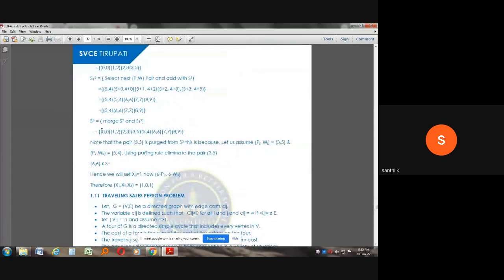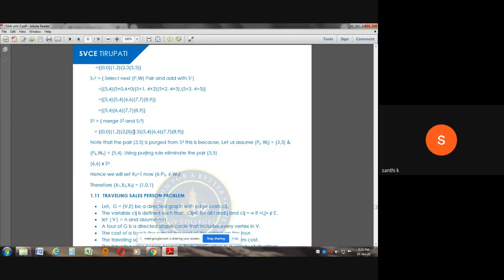So here, these two are not satisfying. If you take these two ordered pairs, Pj, that is 1 less than or equal to 2, the condition is true. But Wj, 2 greater than or equal to 3, is not satisfying. So we will not remove these two ordered pairs. If we consider these two, 2 less than or equal to 3, the condition is true, but 3 is not greater than 5. So it is not satisfying.